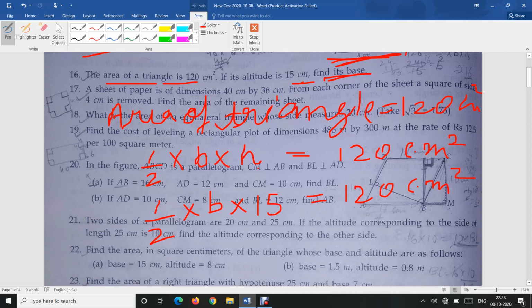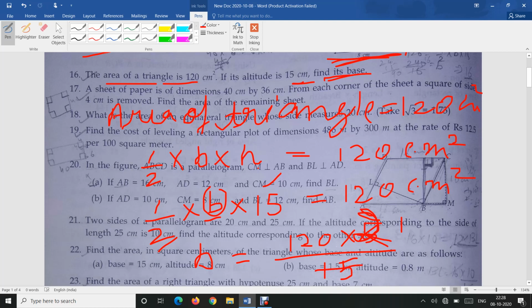Now from here you can find out the value of b. b will be equal to, here 2 is in the denominator, so while going to the right hand side it will be in the numerator, upon 15, which is a multiple of b, so while going to the right hand side it will be in the division, so divide by 15. Now 5 ones are 5...